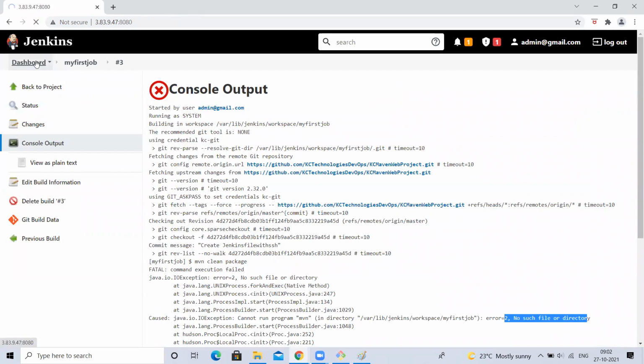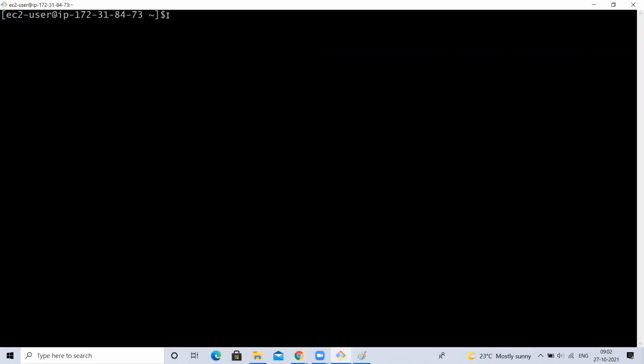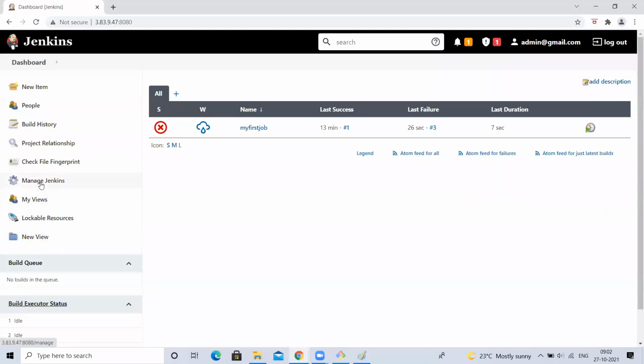In Jenkins itself, you need to tell it. You have set the Maven home directory and Maven bin location for your Linux machine, so your Linux is able to understand your Maven, but Jenkins cannot. You have to tell the Maven path to your Jenkins also. This is an extra step we have to do in Jenkins. If you configure Maven and set the path on your Linux machine, your Linux can understand Maven commands, but not your Jenkins.